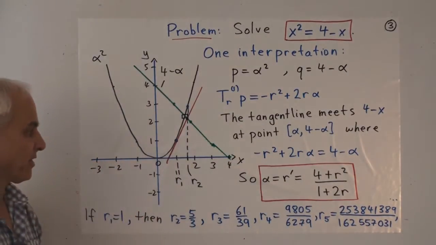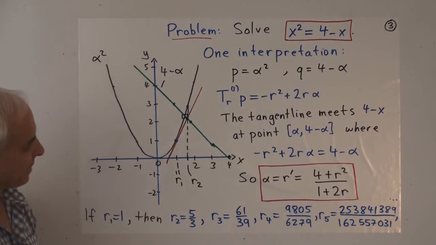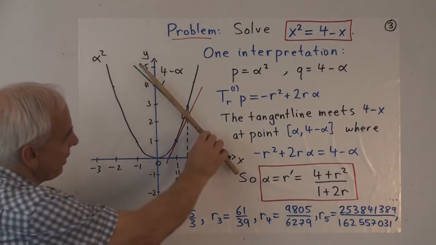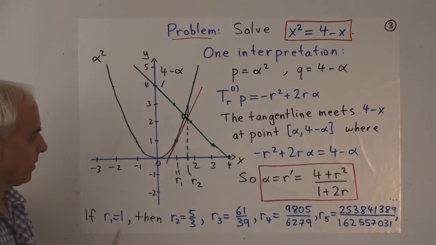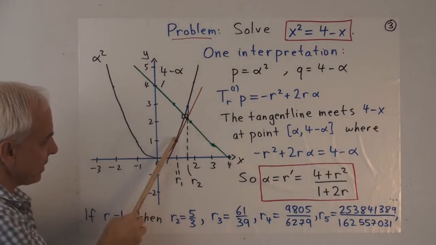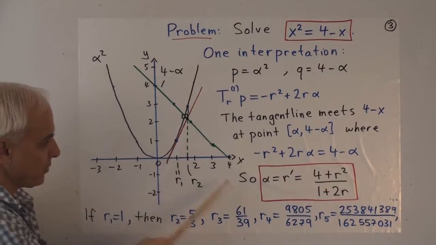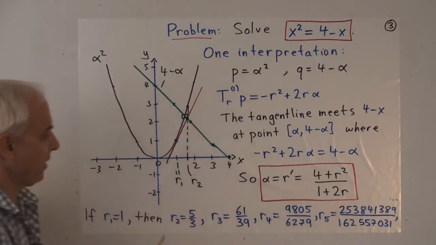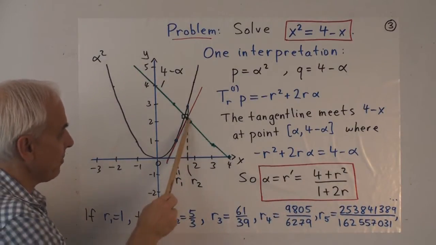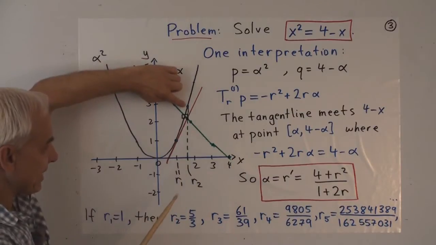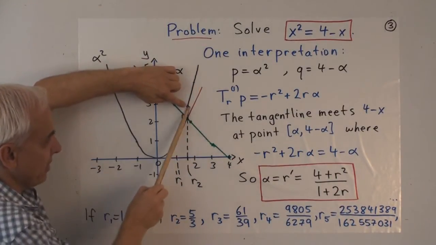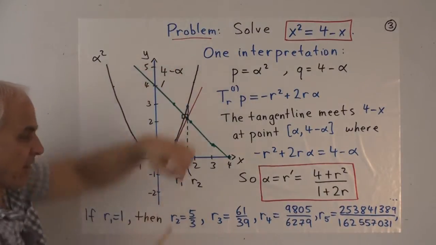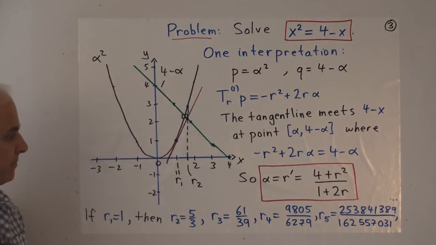It's very similar to what we've been doing before, except that now we're looking to see where it meets some more general line. So there will be the first approximation, let's say R1. Then you compute this thing here, and then you get a second value R2, maybe up there. And then the next level, we would look to see what the tangent line at that point is, right here, and where it meets the green line, and continue.